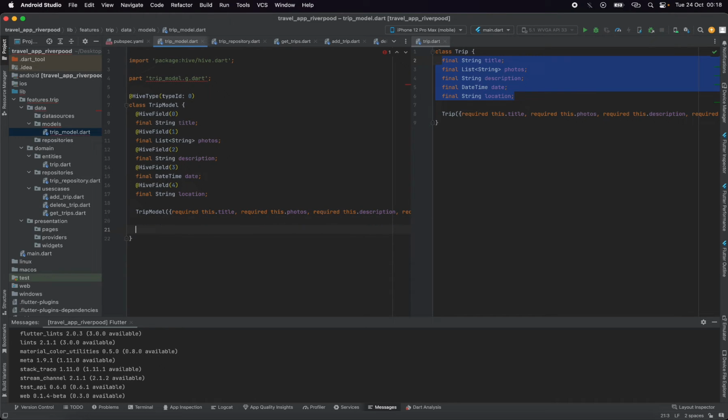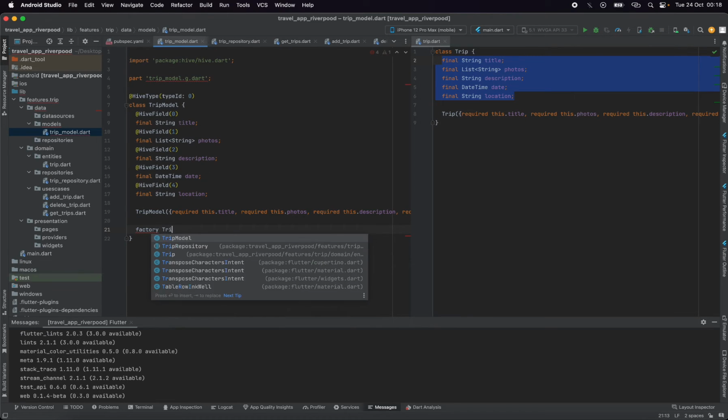But first of all, we are going to add two functions. The first one will be trip model